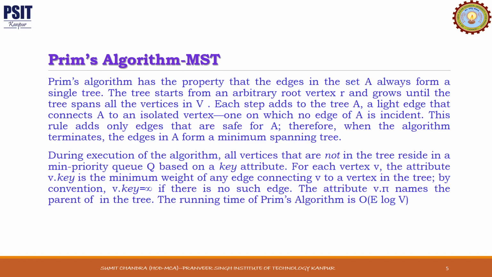Prim's algorithm has the property that instead of creating a forest, it always creates a single tree. So any vertex we take as a source vertex, and from the source vertex we check all the adjacent vertices. And we use a priority queue there. Initially, for every vertex other than the source vertex, we assign a key value of infinity, and as we explore the neighbors of the chosen vertex, we keep on updating the weight and adding the edges.